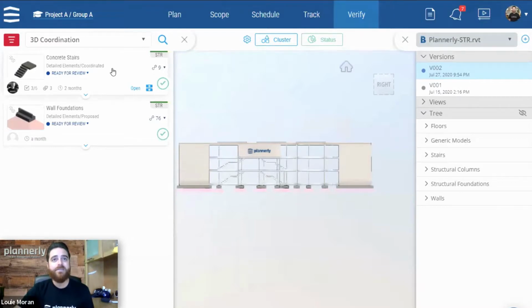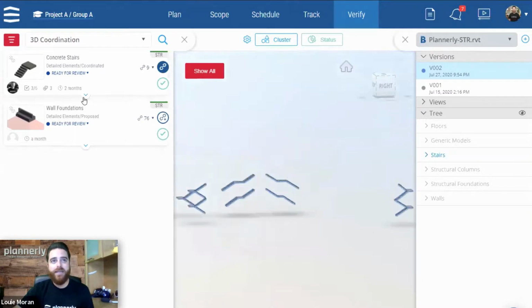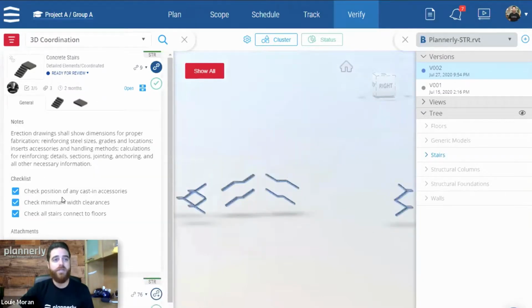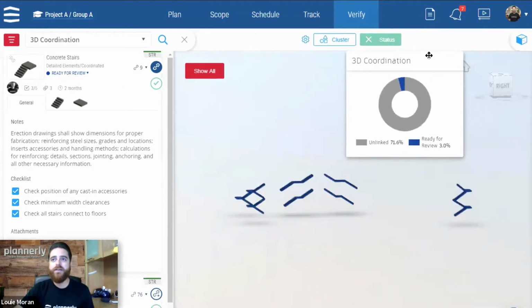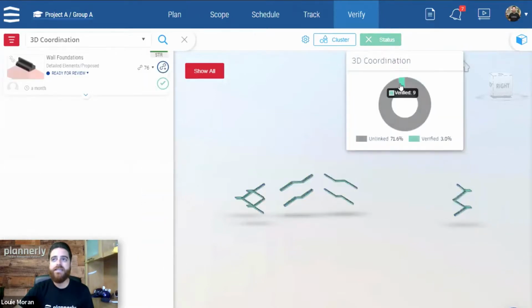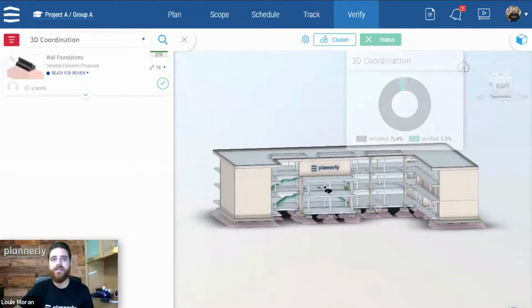And since these items are connected, I can select those tasks, open up that information, and do my QA QC. We can also see the status of the model here and verify of these tasks, and you'll see these items start to progress or update based off of the connections.